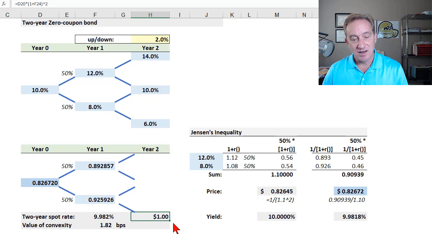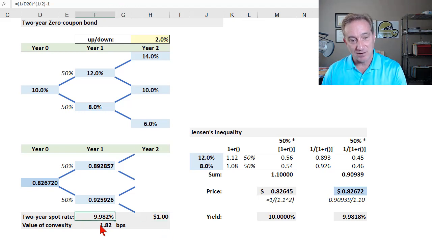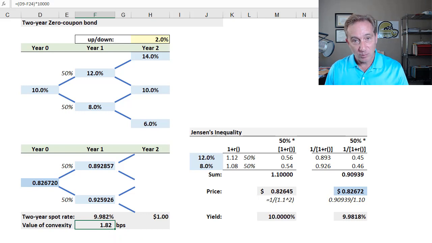I end up with my face value at the end, exactly my face value, confirming that's the 2-year spot rate. It's less than 10%. The difference there is the value of the convexity. So that's the whole point about the convexity dynamic. Effectively, if you think about purchasing this bond,